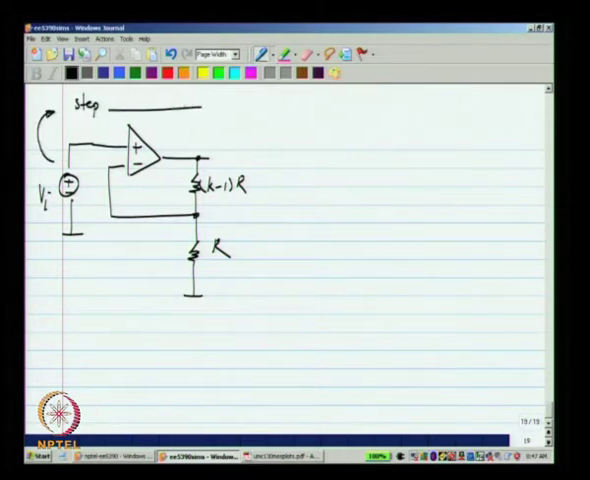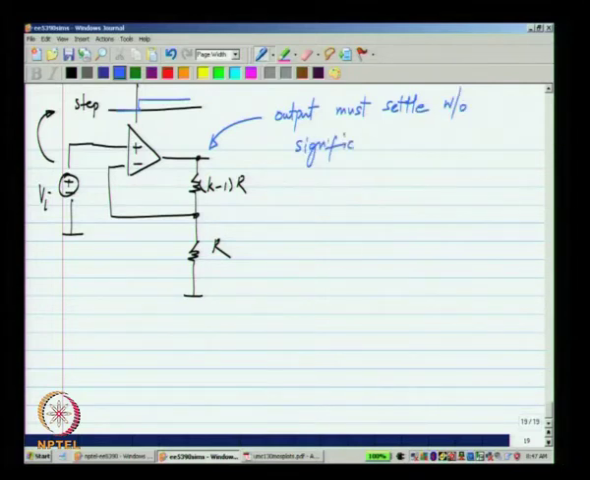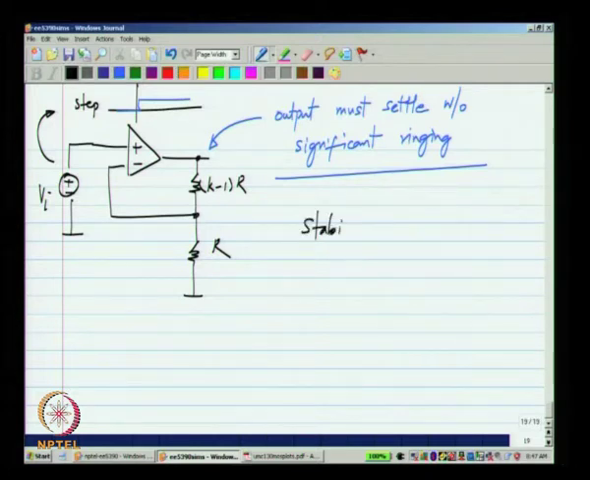Let us say you apply a step here, you could apply a small signal step and make sure that the output settles without significant ringing. Okay. So, basically to ascertain stability,